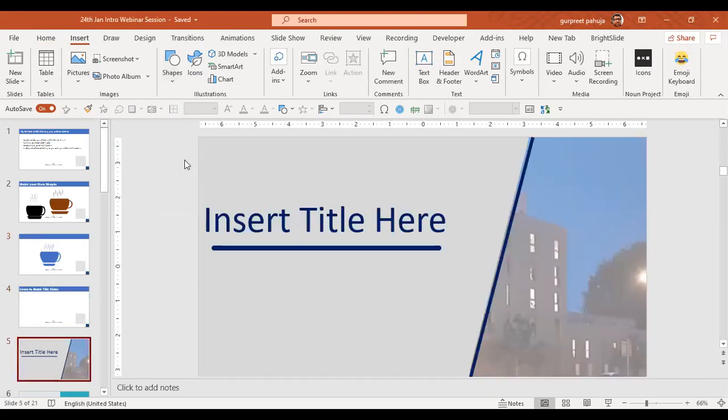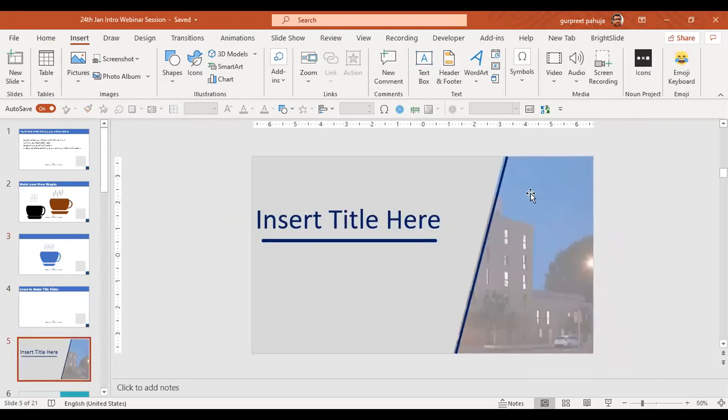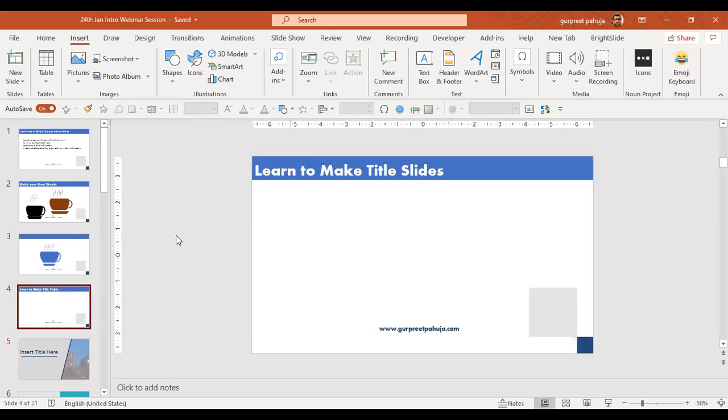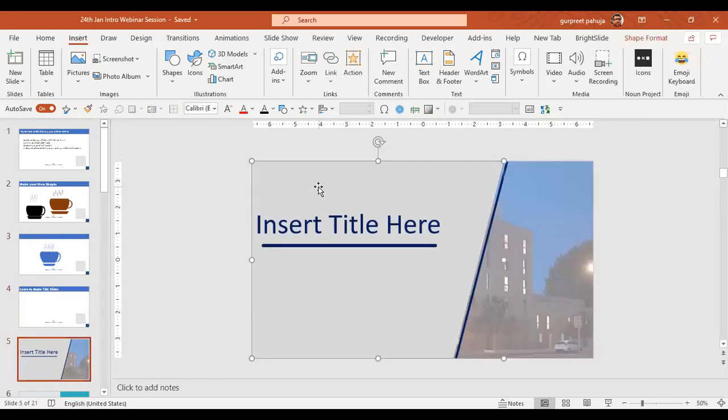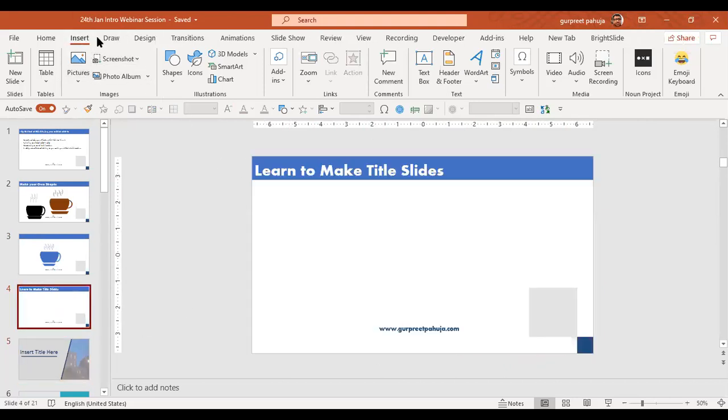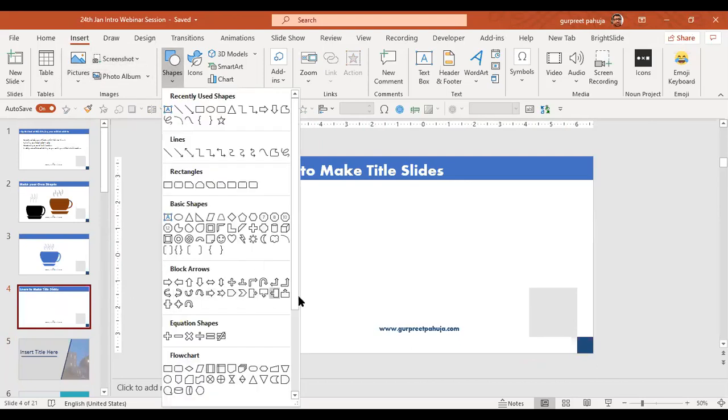If you see this slide, there is a background image. We can insert our title here. I think most of the people would know this, or I can tell you again. Okay, so I will just copy. I will go to Insert, Shapes. I can take any shape, but if you want precisely, I will make that only. So let me make it look like this.